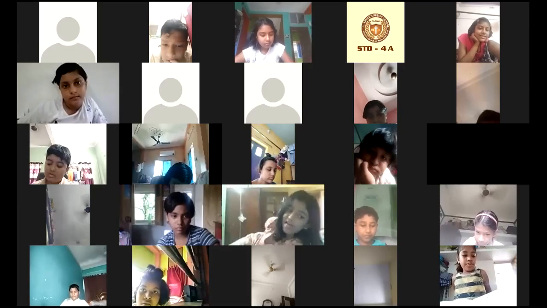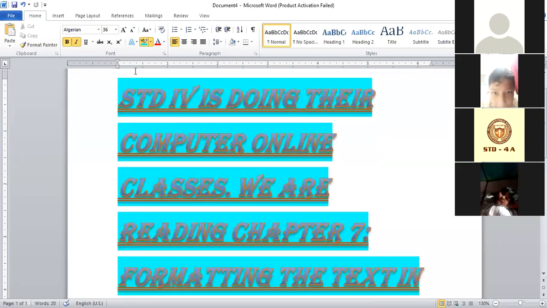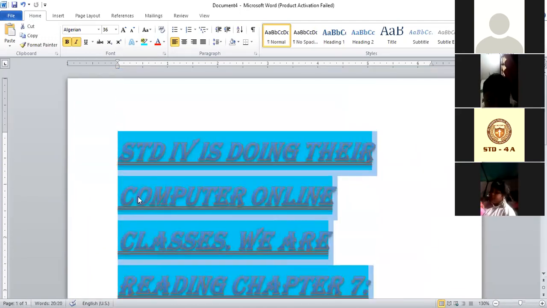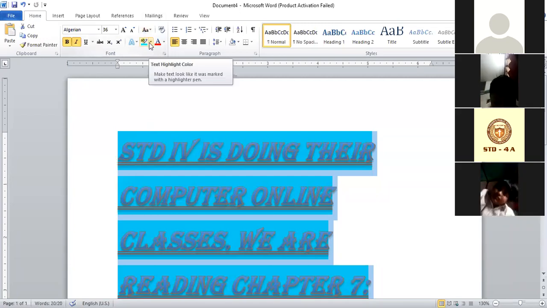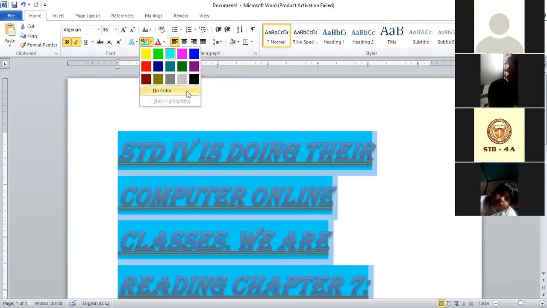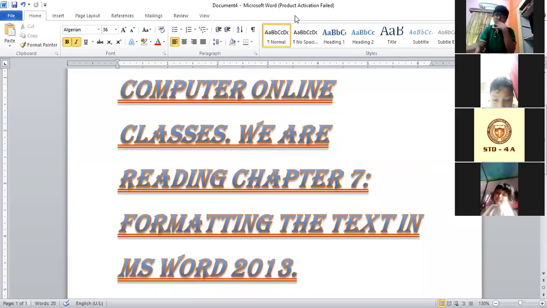Before this we learned how to highlight, now we will learn how to remove this highlight. So for removing the highlight, first we need to select the text from where we want to remove the highlight effect. So where did we go earlier to highlight? In the highlight drop-down list, we will go to the same place. We will click the drop-down list. Here the option no color comes. See, it is blue in color. If I click no color, the highlight has been removed. Okay, so like this we are going to highlight the text, and like this only we are going to remove the highlight of the text.